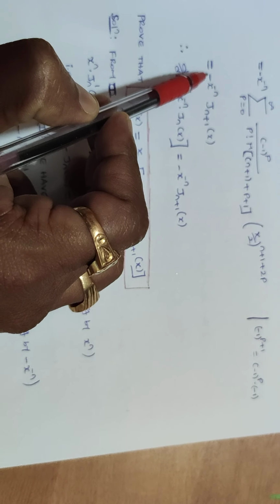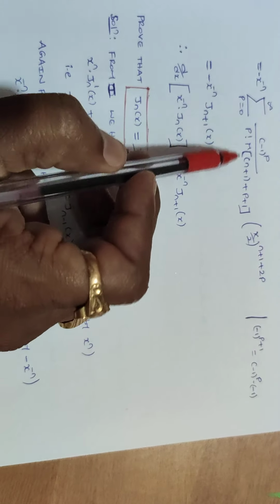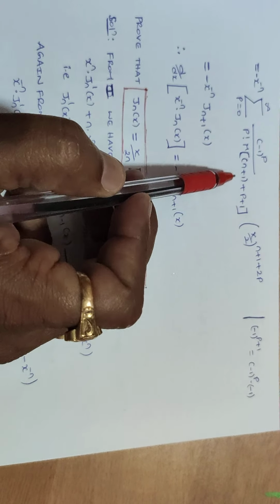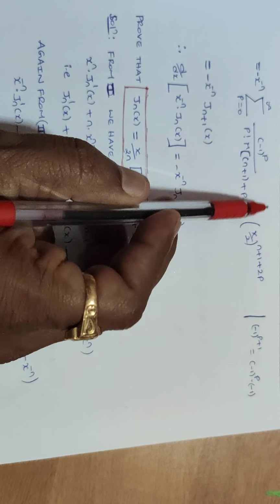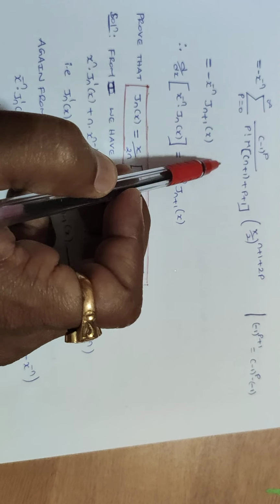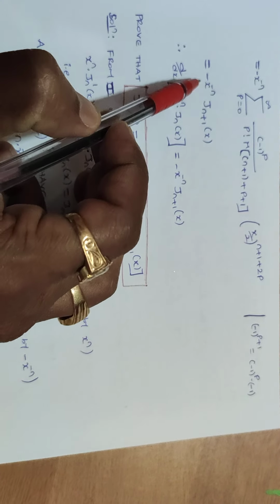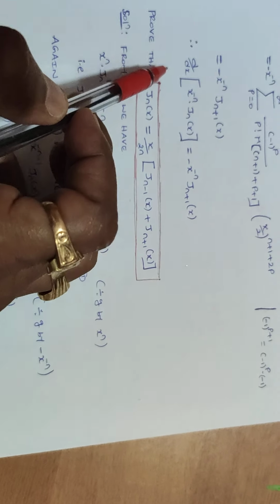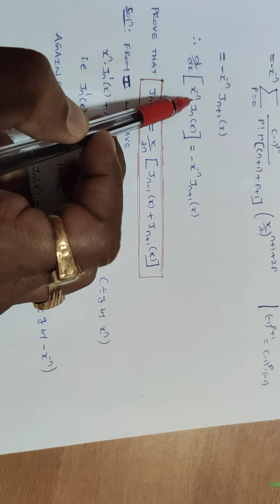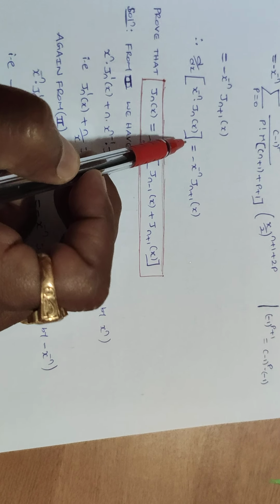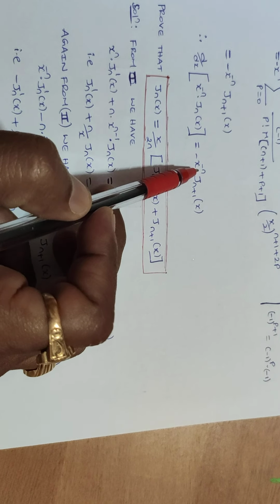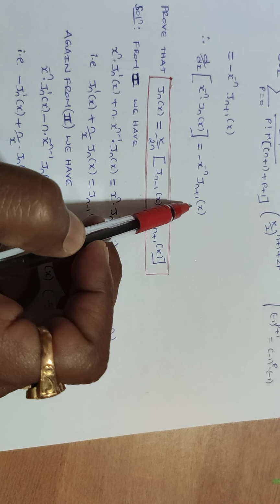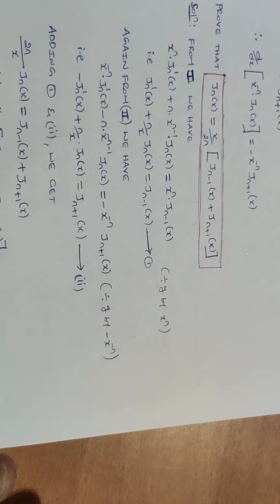Now when we observe the definition of Jn plus 1 of x, this appears to be the definition of Jn plus 1 of x. Therefore we write the value as minus of x to the power minus n into Jn plus 1 of x. Therefore d by dx of x to the power minus n into Jn of x is equal to minus x to the power minus n into Jn plus 1 of x. Now we prove the third result,